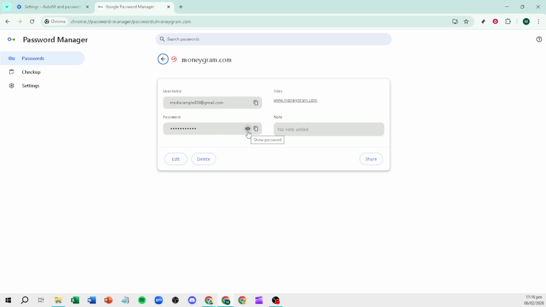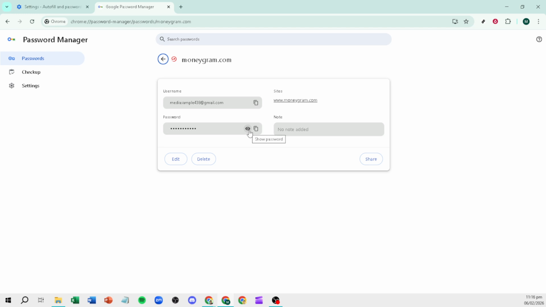For security, Chrome will prompt you to authenticate with your computer credentials, such as your system password, Touch ID, or Windows Hello. This step ensures only you can view sensitive information on this device. After successfully authenticating, you'll see an eye icon next to the password field. Click the eye icon to reveal your Gmail password in plain text. Take a moment to confirm you're in a private space before showing it on screen, and hide it again when you're done. If needed, you can note it down securely, but avoid storing it in plain text where others might